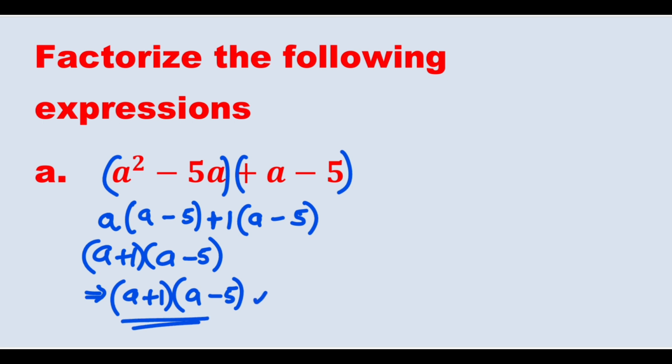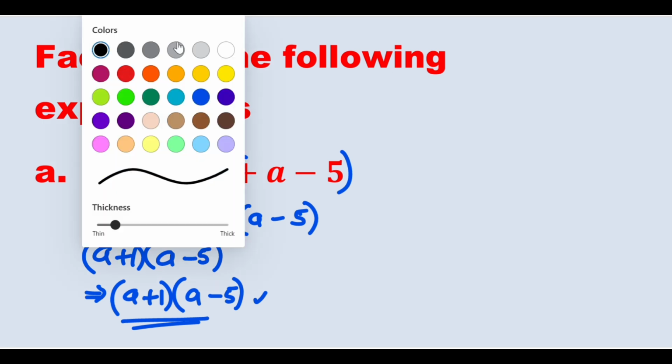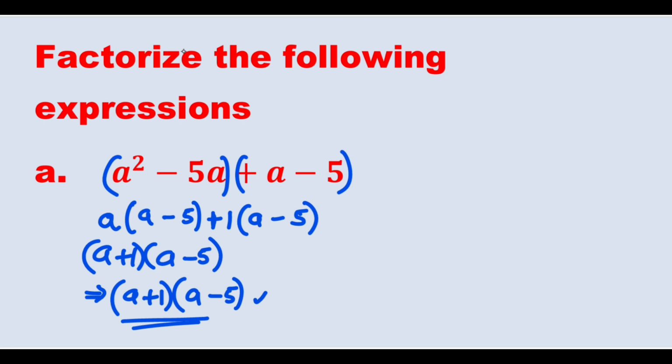Now, how did we get the common term in the second bracket, plus a minus 5? Sometimes it is not visible. But now, you look at the first bracket we obtained. After factoring out the first bracket, what we ended up with is a minus 5. Again, if you look at this, it is plus a minus 5. So the best way to do it is just to know that the other bracket is going to be the same as the first bracket, and then you look for a